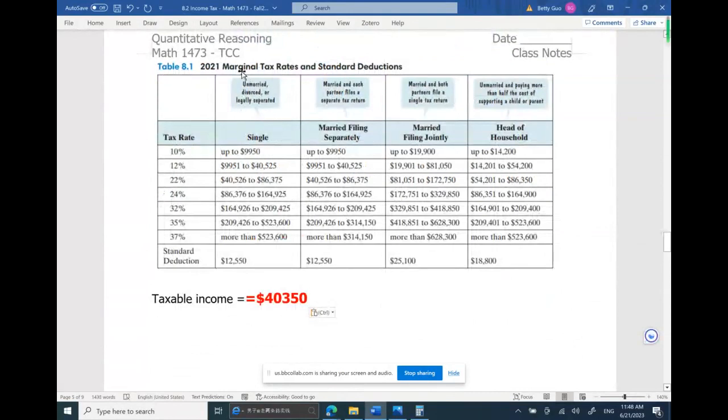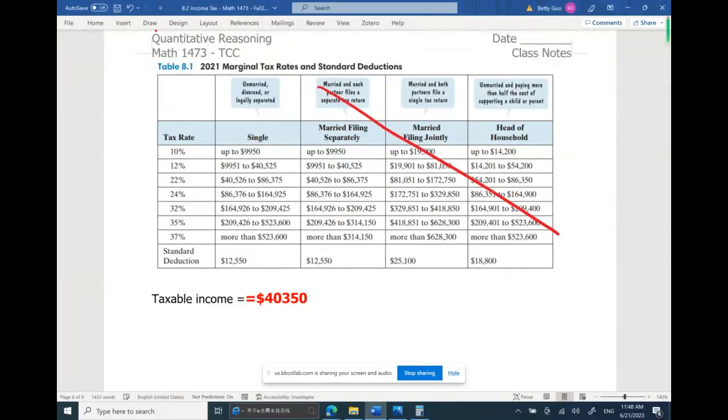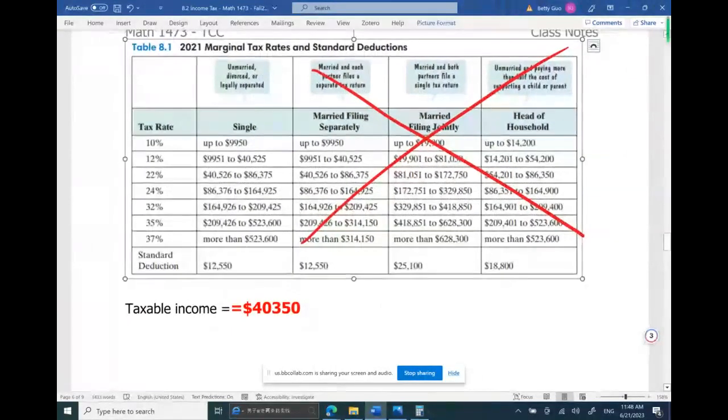He's single, so we are going to select the first column. Let me highlight the table. We are not going to look at all of those, only the first two columns. Let's just look at it closer. So the taxable income of the person is